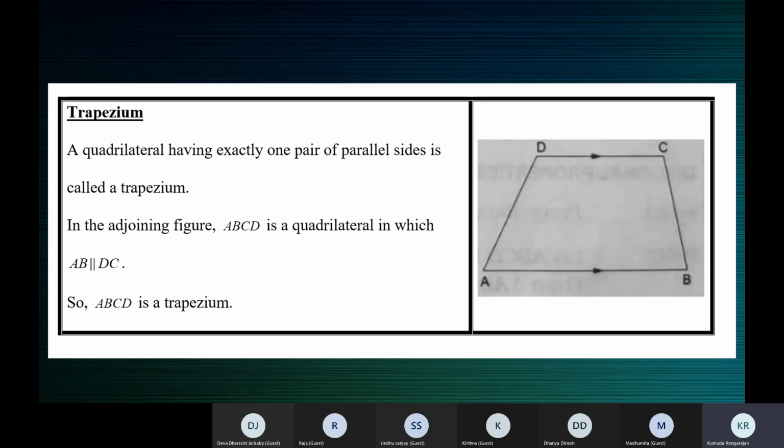This is enough in detail. More properties of all these quadrilaterals we'll see in 9th standard. For 8th standard, I think this knowledge is sufficient. Ma'am, can you repeat the special properties of trapezium? I did not say any extra property. It's on the screen also. A trapezium is a quadrilateral in which only one pair of opposite sides is parallel.